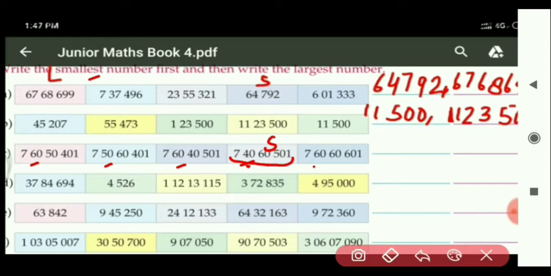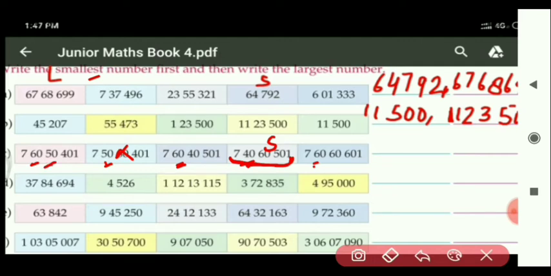Okay. Now after that we have to check the largest number. So you have to leave this number, and in the other numbers we have to check which one has more up to the 10 lakh place. Here 60, this one 50, this number 60 and next 60. So here 50 is less, so leave this because it is smaller than 60, and the other numbers have 60 only up to the 10 lakh place. So all are equal. So we have to check the next place more. Here check up to the 10,000 place.